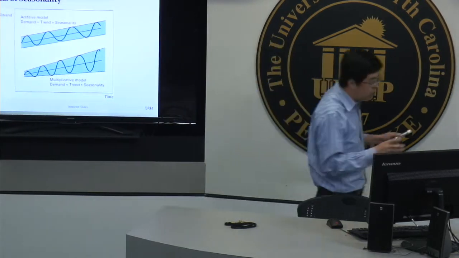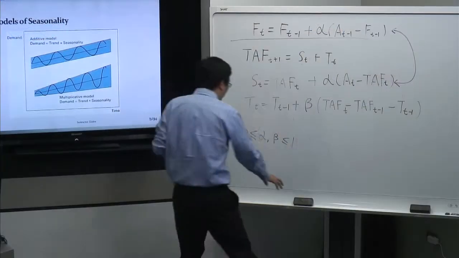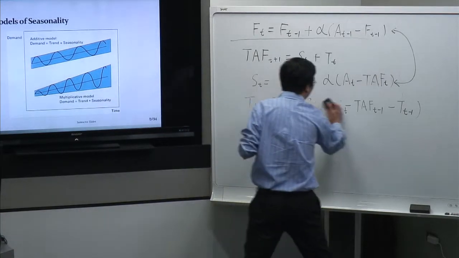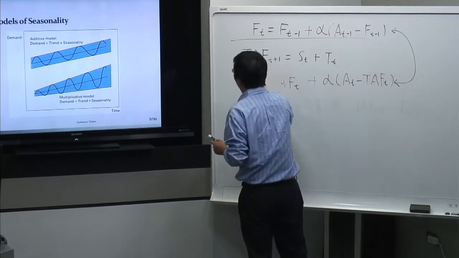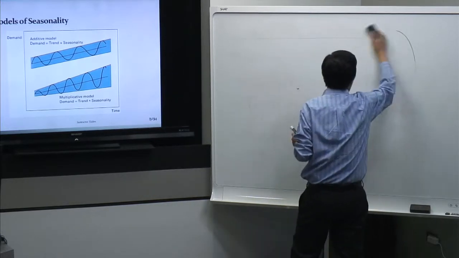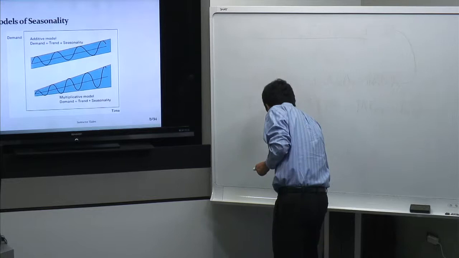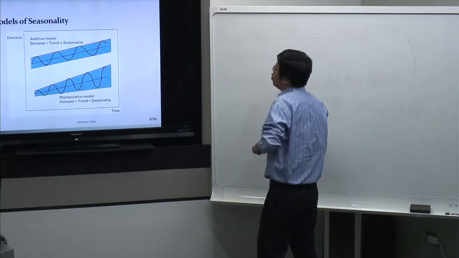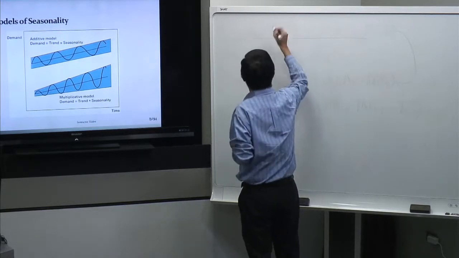Okay, let's say if we still want to use the additive model, what's the problem that's going to happen for the second picture? The first one is pretty straightforward. It's stable, so the additive model works perfectly. Then what happens for the second one? If we still use the additive model, right? So the additive model,